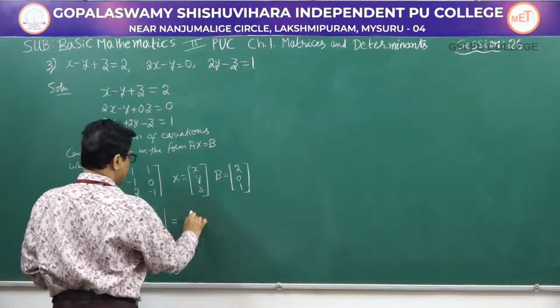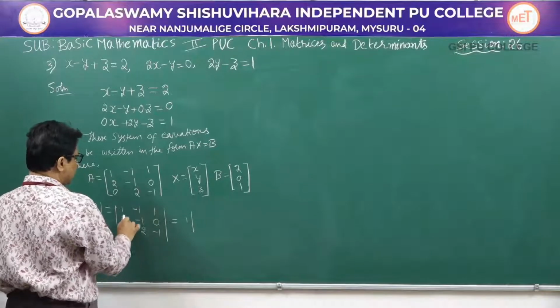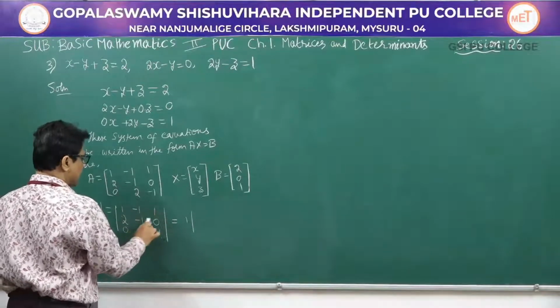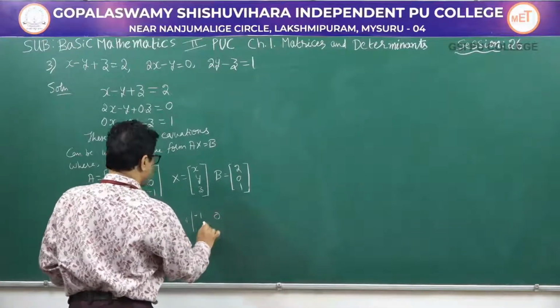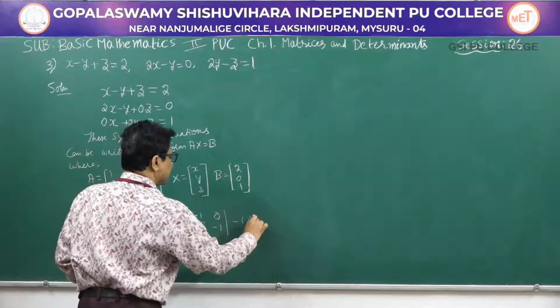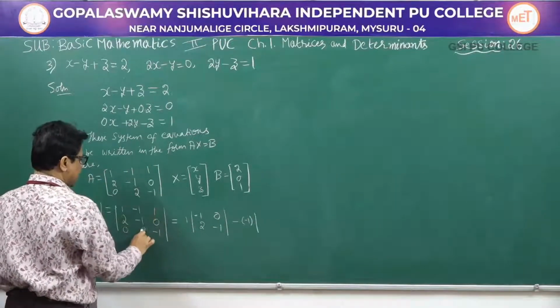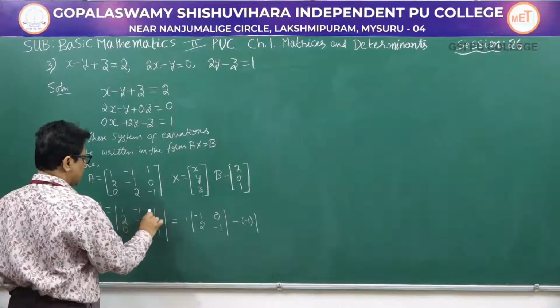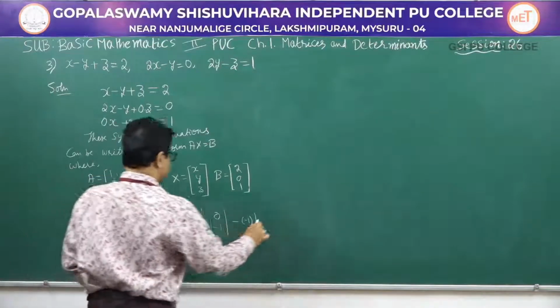So 1 into the determinant of the remaining elements after eliminating the first row and first column, that is minus 1, 0, 2, minus 1. Next minus of minus 1 into, since minus 1 lies in the first row and second column, we eliminate the first row and second column and take the determinant of the remaining elements,